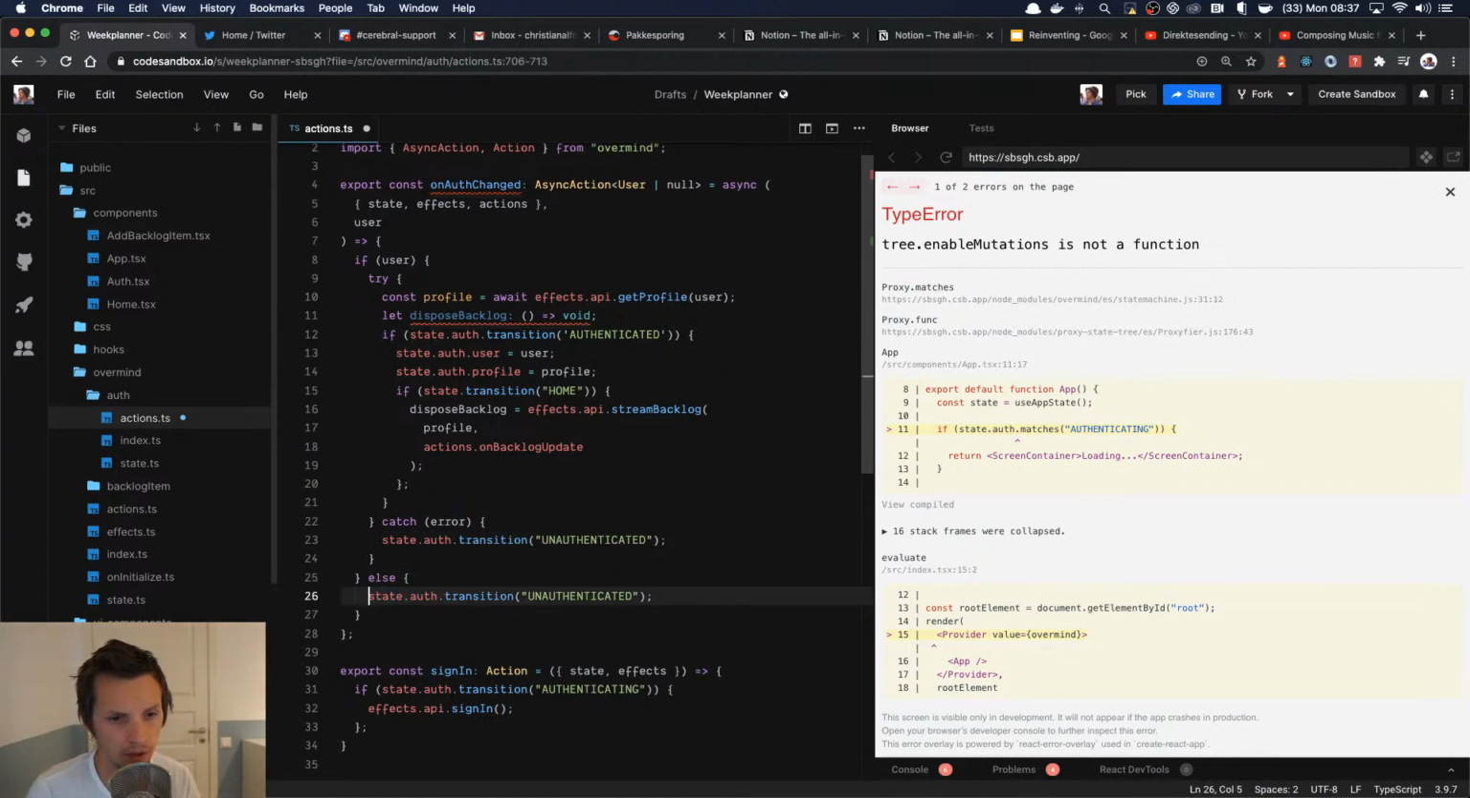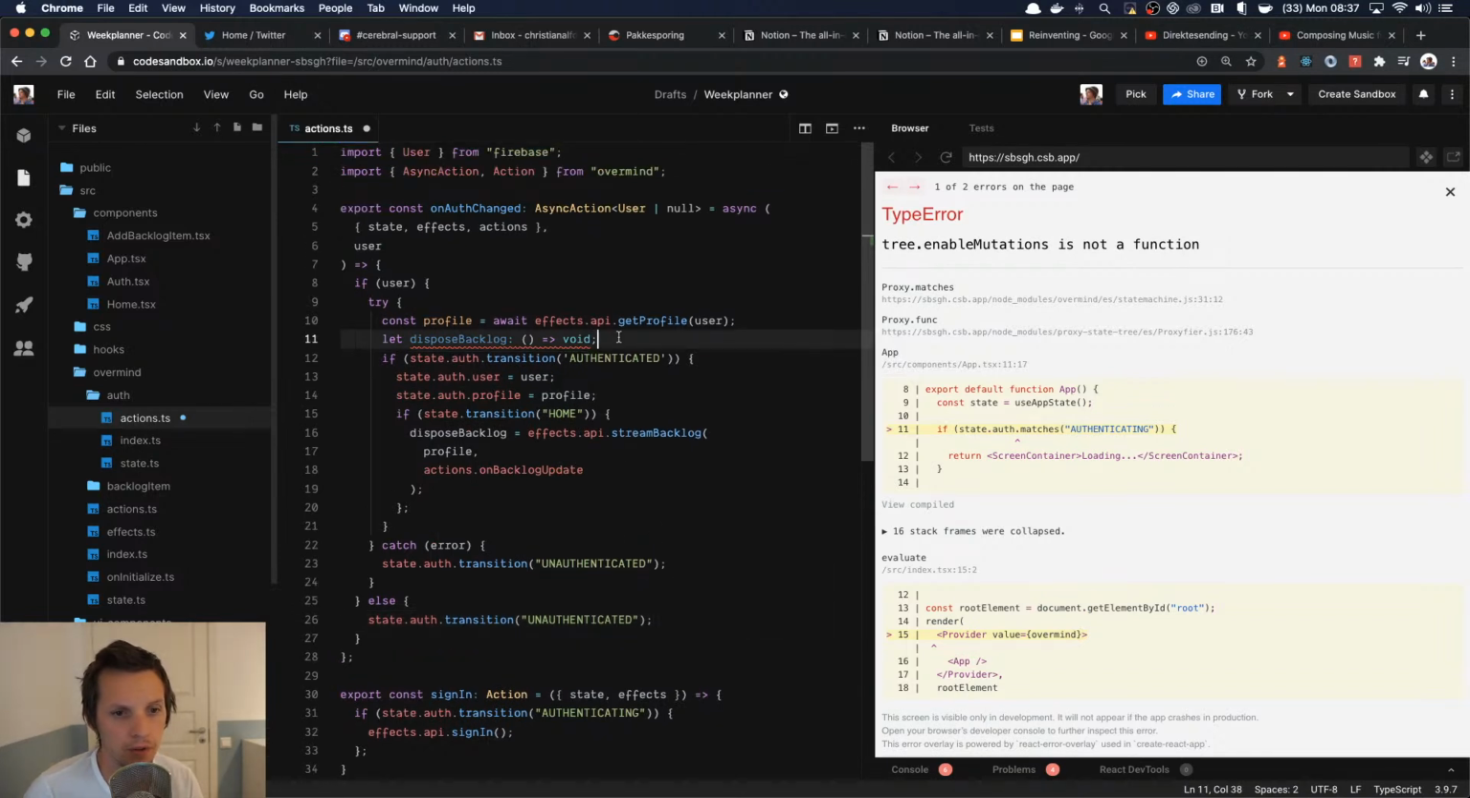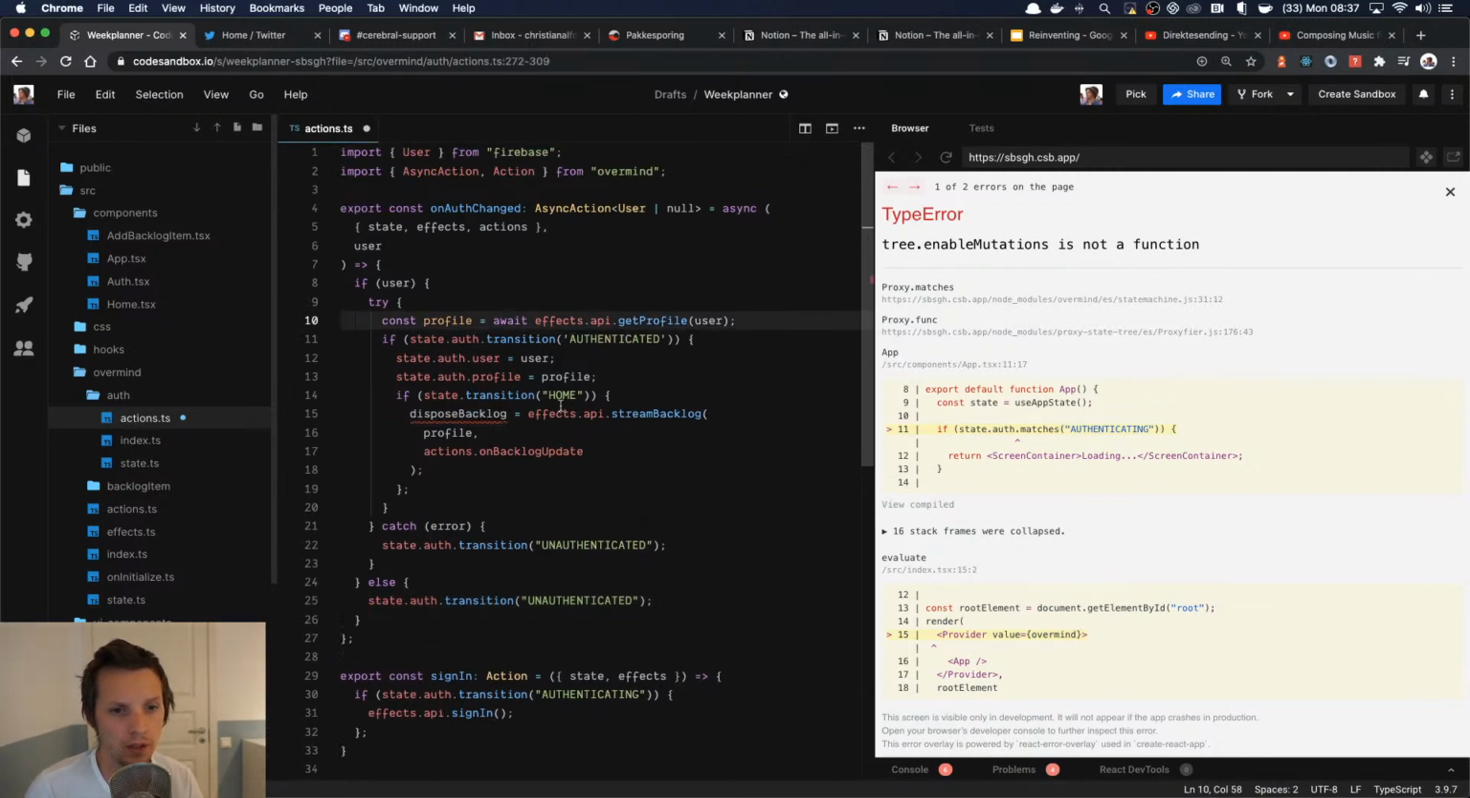So we don't have to, because we're just changing it, which is perfectly okay. And then we're not using our dispose backlog, and we don't really have. So the thing about Overmind actions, having this imperative style of programming is really nice and